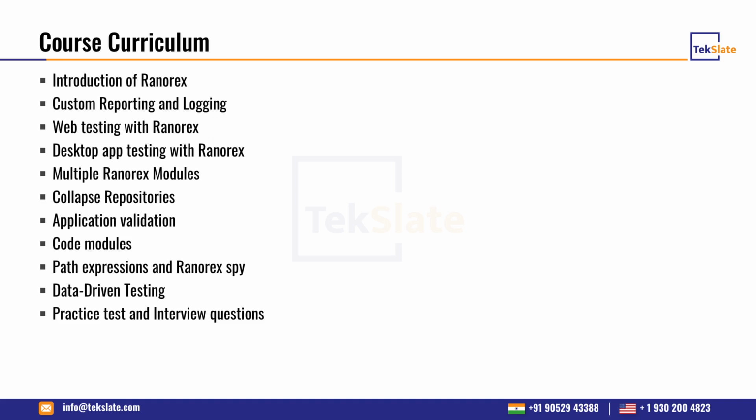Coming to reporting. For any automation framework, when you say you're an automation engineer and you have executed something, you should be in a position to show your proof. The proof means the Ranorex reporting. The reporting part shows how your framework is executing, what you have done, and what the status of your test execution is. Ranorex has its own inbuilt reporting library, which is one of the major advantages.